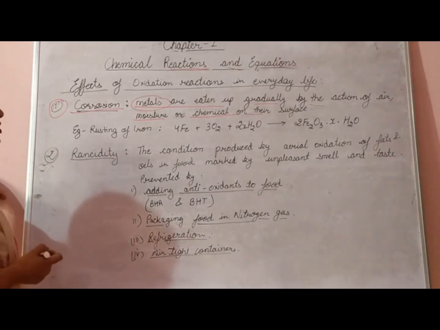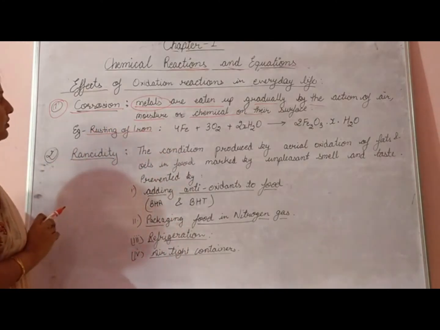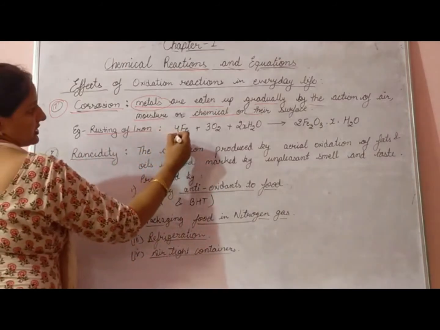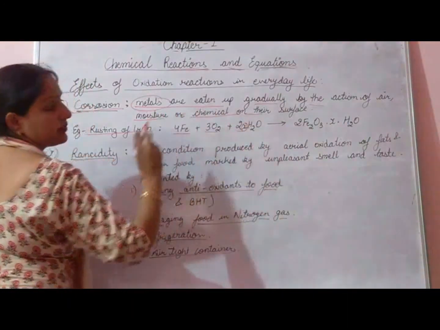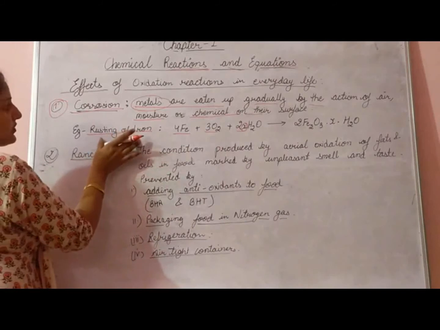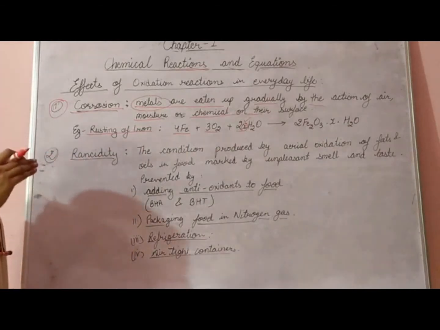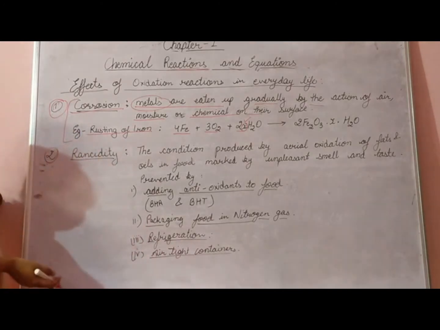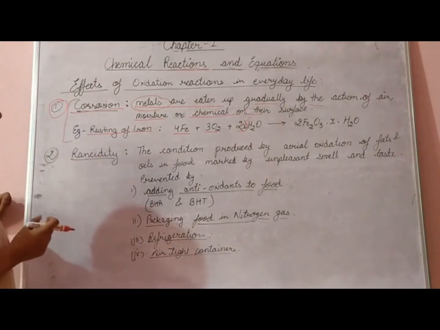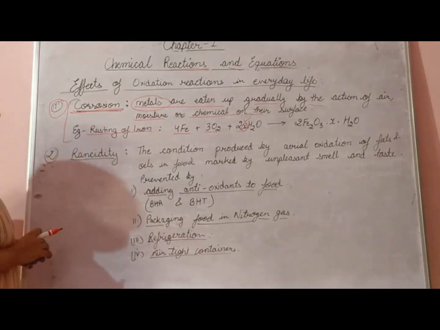The example of corrosion that we all come across is rusting of iron. This is the most common example of corrosion. And this reaction is 4Fe plus 3O2 plus 2xH2O. Here x represents the number of water molecules. In the process of rusting of iron, the number of water molecules is not fixed. It can vary depending on different conditions. So this is the process of corrosion. There are a number of methods with the help of which we can try to reduce the effect of corrosion on the surface of metals. This process we'll study in detail in chapter number 3.